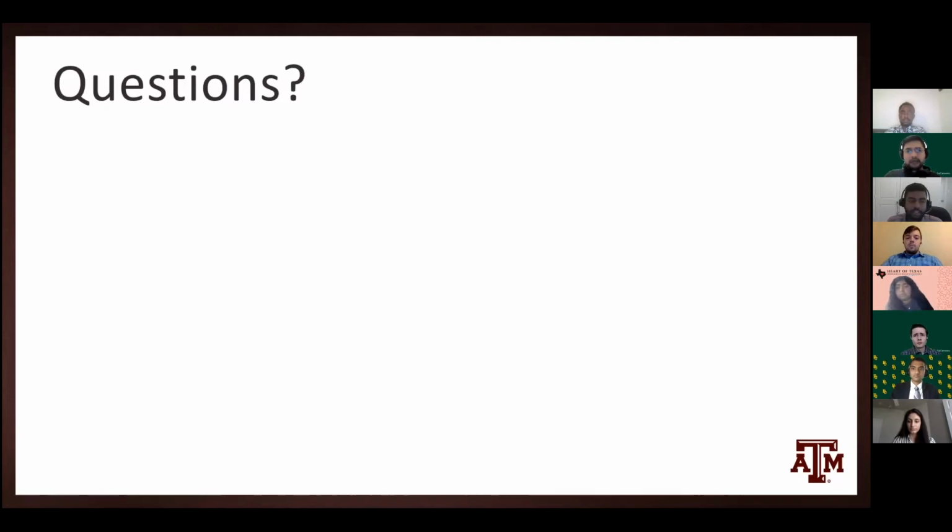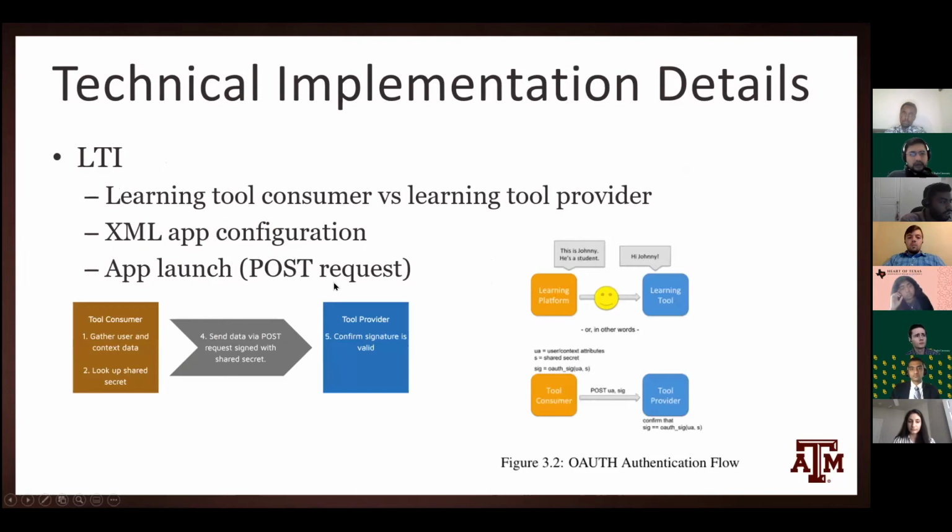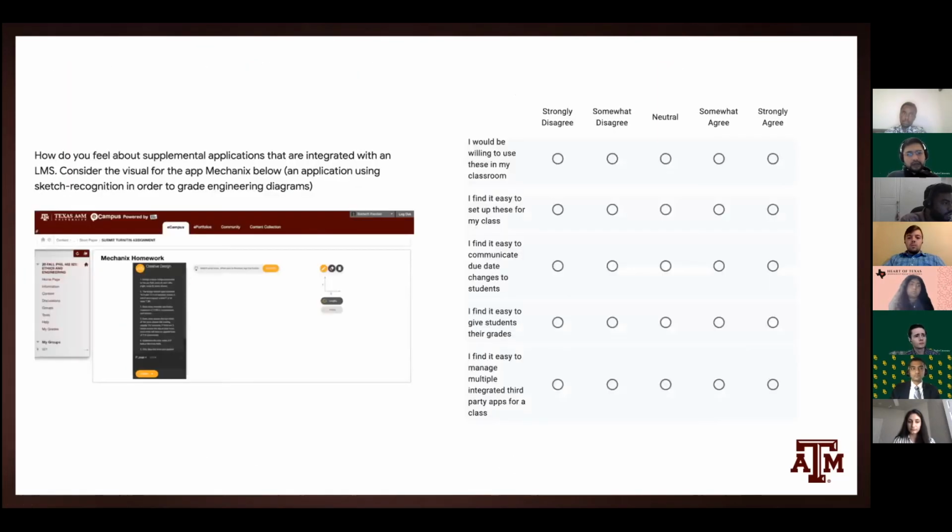Yeah, so it's any sort of application that can accept post requests. So it could be mobile, it could be web applications. So it's basically open to both. The application that I showed as an example here is Mechanics, which is a web application, but it also has a mobile component to it. So it really depends. You can use both mobile and web applications.